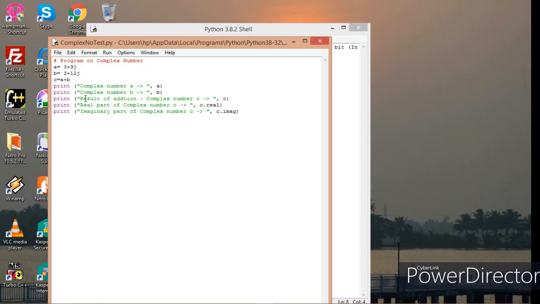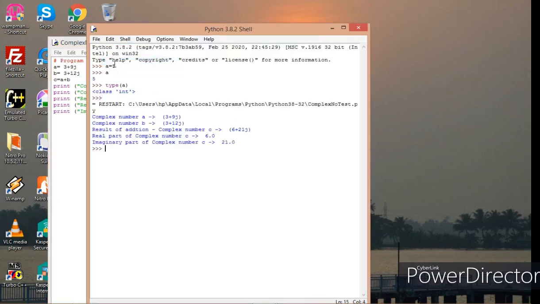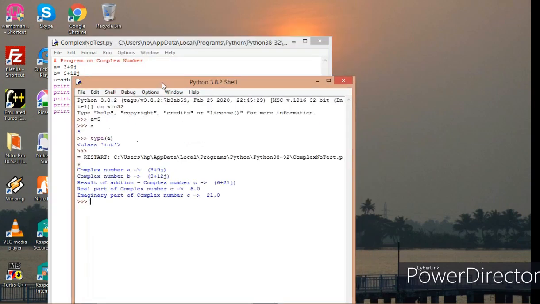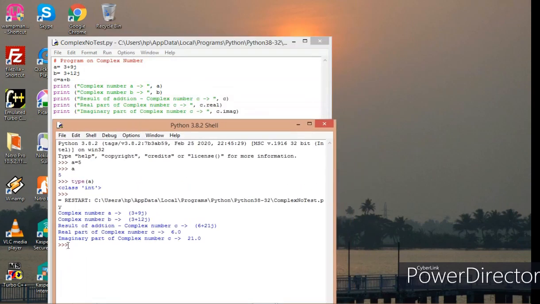So now I want to run this particular program. I'll say run, and I'll use run module. You can just look at this. It has gone back to the Python shell, and it is displaying. I'll just bring this here. So it is printing complex number a's value 3 plus 9j.